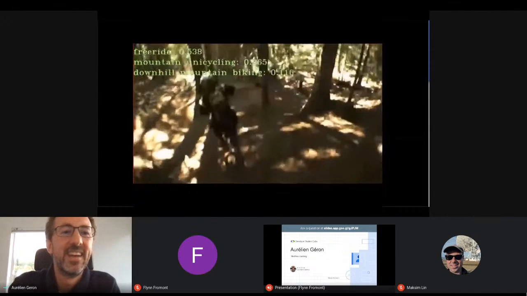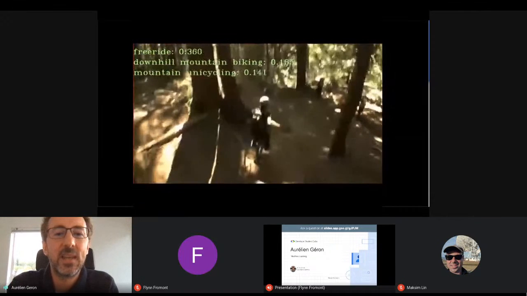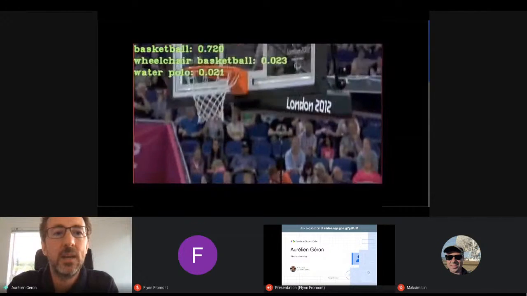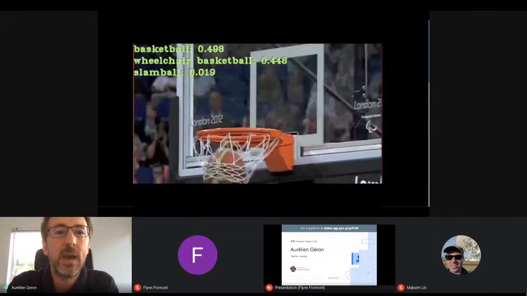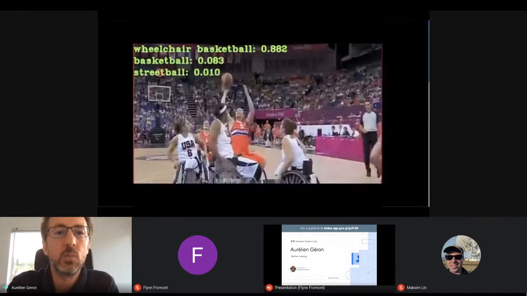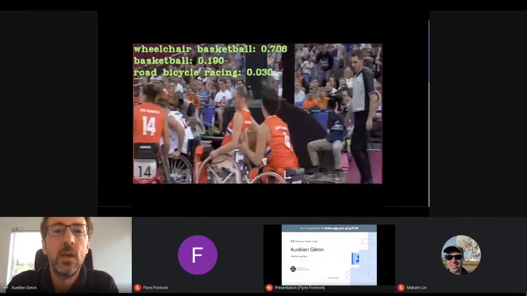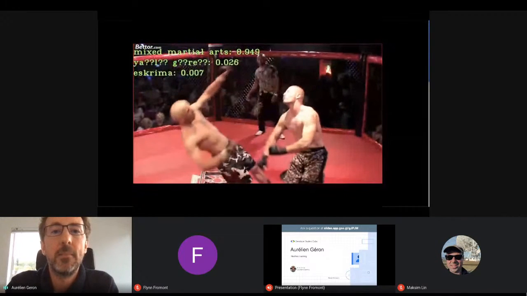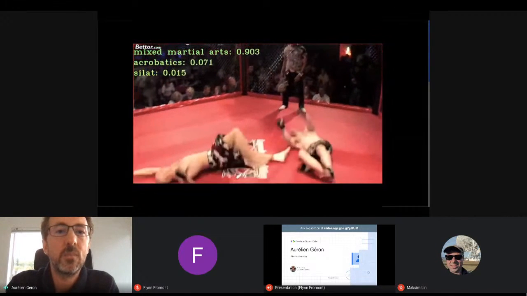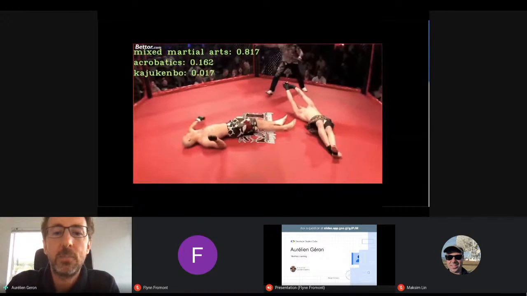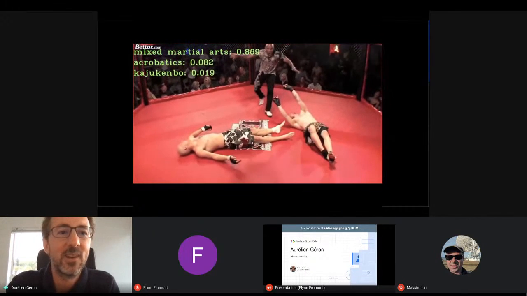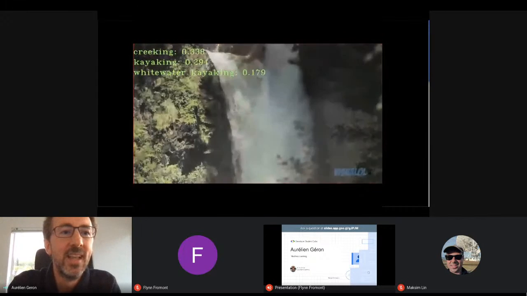All right, so here you can see some sports, and on the top left it's saying, okay, I think it's basketball, and then, oops, no, I think it's wheelchair basketball with about 80% or 70% confidence. The score is the confidence score from 0 to 1. They actually punch themselves out in this case. I love mixed martial arts.